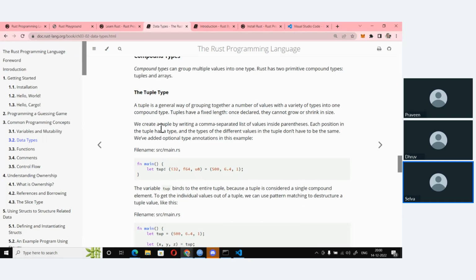As far as compound types are concerned, in Rust you have two basic compound types. These come from the core language, not as part of the collections framework that the standard library brings in. This is part of the core language itself. So the tuple type and the array type. Let's build some tuple and see.